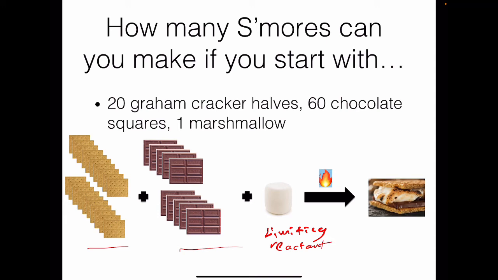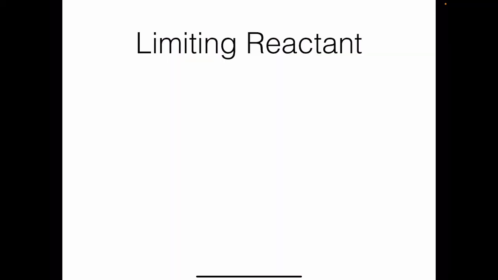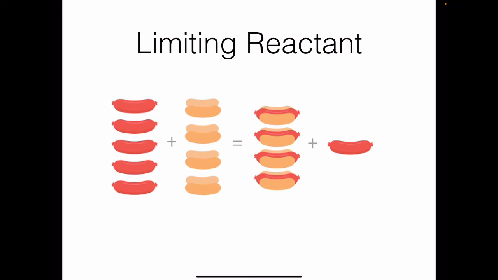Now, we can also say that our other reactants are in excess because we will have more of them than we need to make just the 1 s'more that we're going to end up with. We can also think of this like